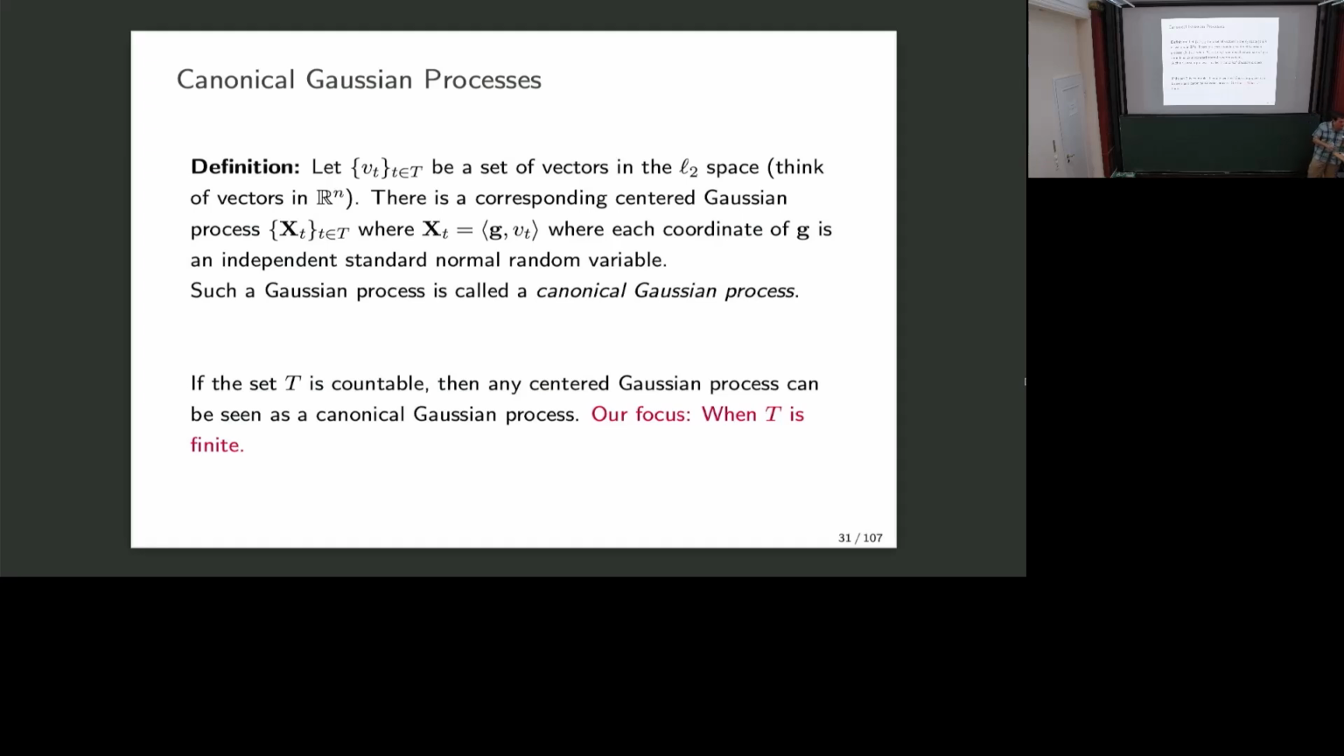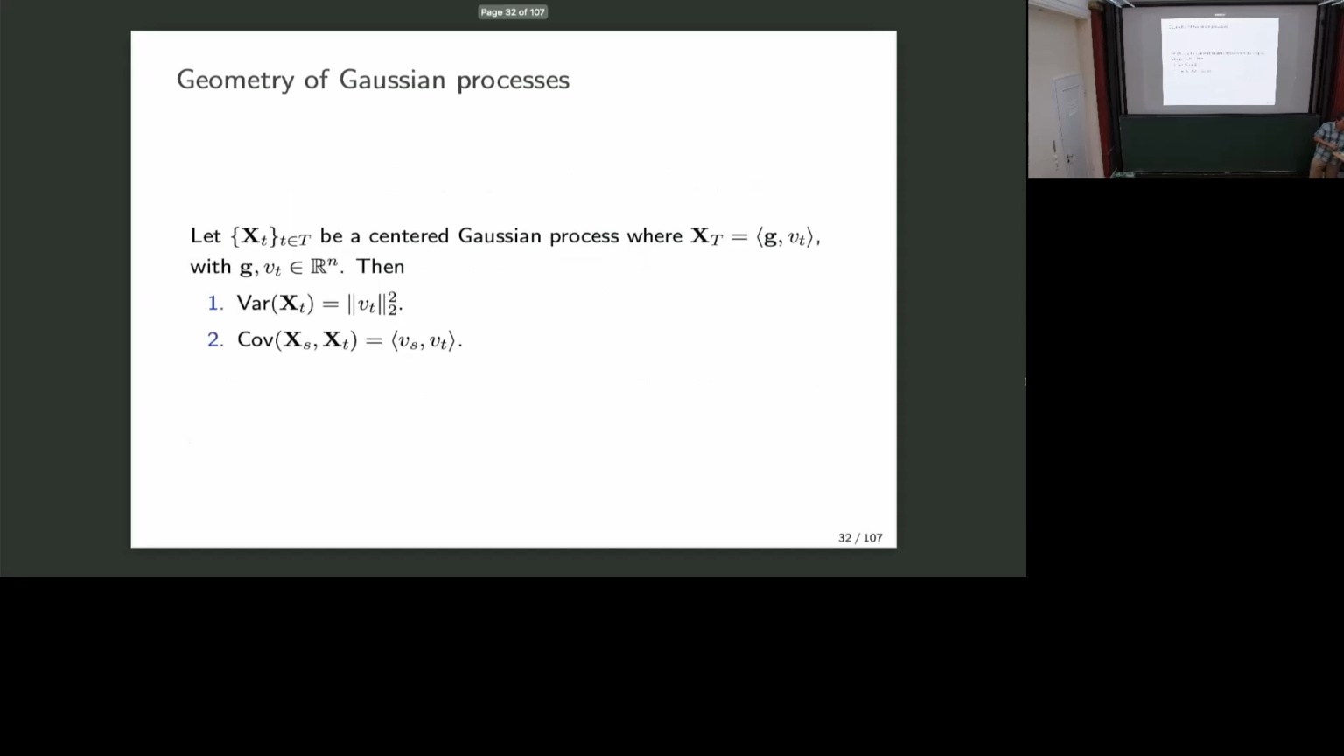We'll be thinking, I encourage you to think in this talk, about the case in which this underlying index set is finite, but all the results I'll tell you about go through in the infinite case. There's no restriction about finiteness for the results I'll tell you. Okay? Good. So Gaussian processes like this are extremely nice because